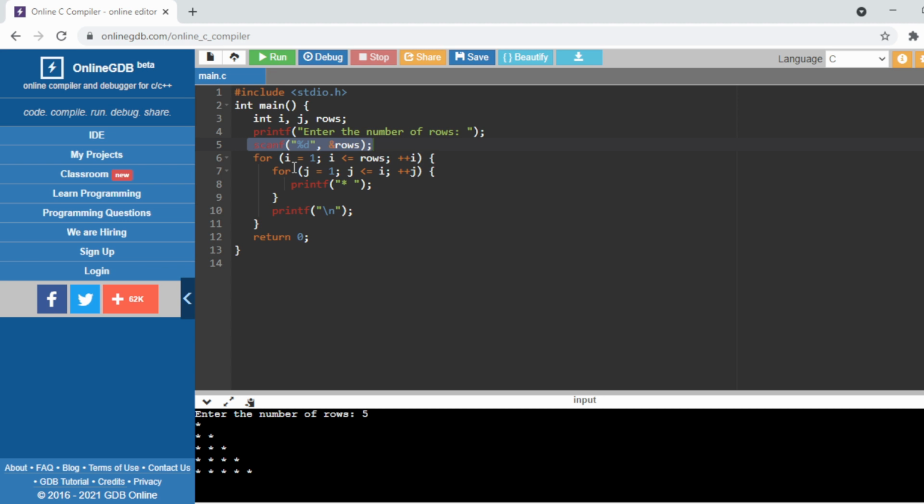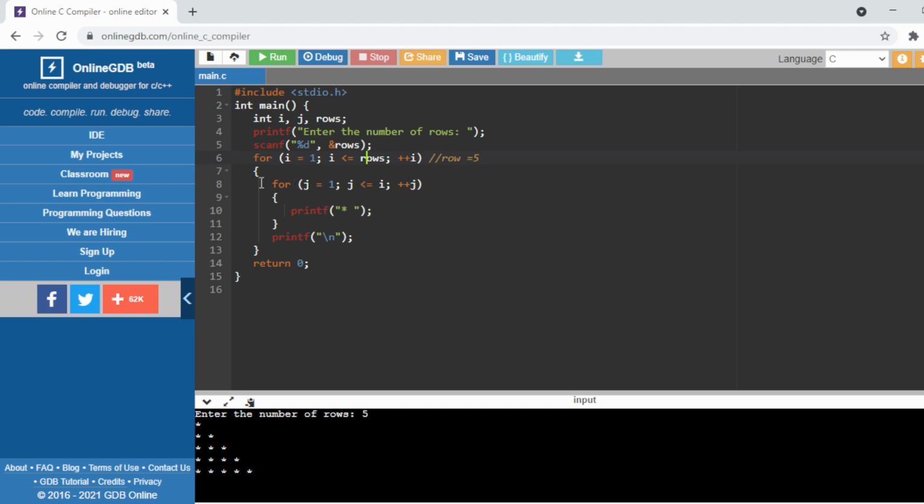Again, in the same way, the same concept will work, right? For your better understanding, I am giving the basis in the second line. Now for i equals 1, i less than or equal to row, where the value of row is nothing but 5, right? So i equals 1, the last value of i is 5, so 1 is less than 5, which means your condition is satisfied.